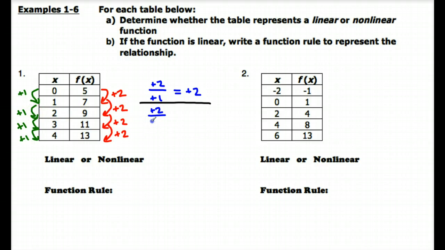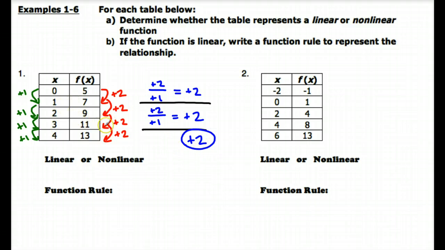and over here I had a 1 for the change in my x value. So again, I got a rate of change of positive 2. I'm going to do that again for the third to my fourth and the fourth to the fifth, and each time I find that every time my y value increases by 2, my x value increases by 1. So I keep on taking 2 divided by 1, 2 divided by 1. So each time I get this same rate of change value of plus 2,